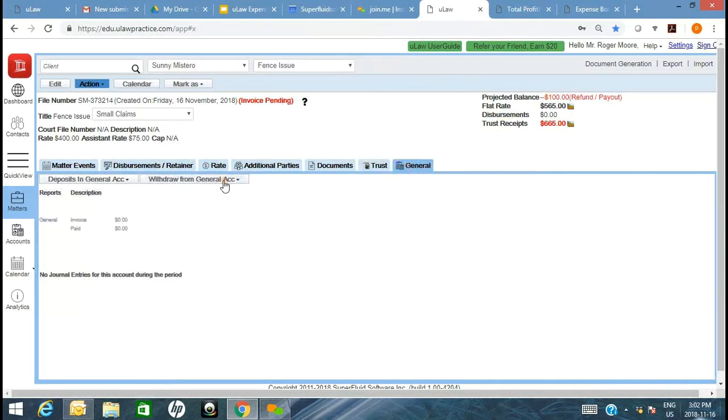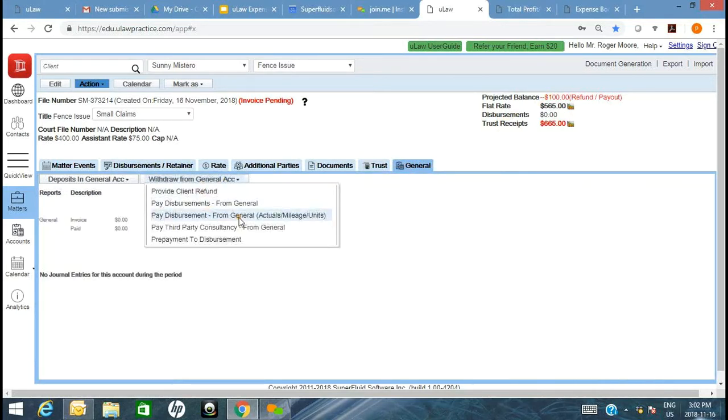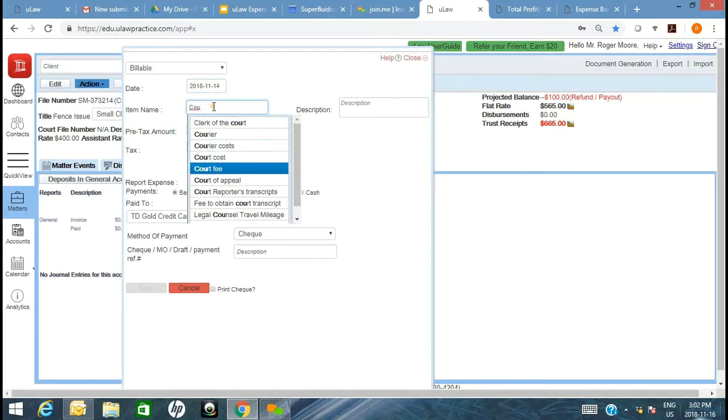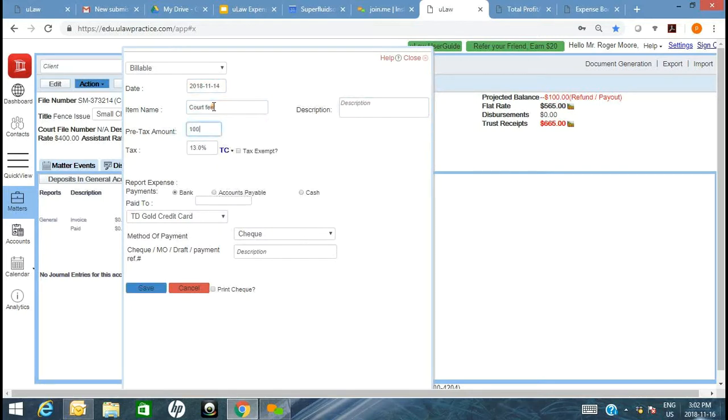But if I were to take an example of a general disbursement, so let's say I'm paying from general, and maybe this occurred on the 14th, and this was a court fee. Obviously, I tracked the tax, pre-tax, maybe it's tax exempt, and legal accounting software gives you this flexibility of being able to enter not only your disbursement, but also report it back to your business as an expense because you paid for it from your business to begin with, right? So you paid it to the Ministry of Attorney General,